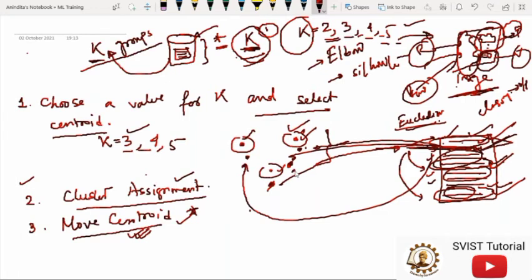So by this mechanism, in each and every iteration, the centroid position will change, and accordingly we will find the distance of the data point from the centroid, and again the data points will also change and try to adjust. Now the question is, how many times will this algorithm be executed? So step number 4 is, we have to repeat step number 2 and step number 3 until the centroids stop changing.